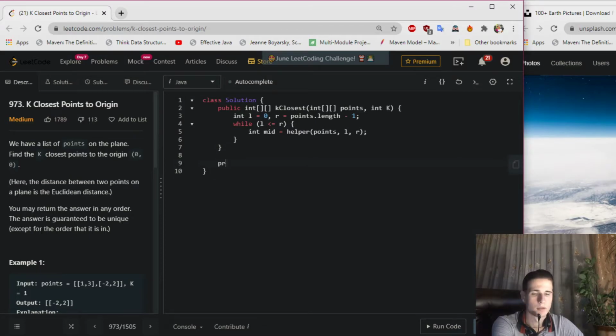We can say private int helper, int points, and int left pointer and int right pointer respectively. Finally, just return, we return something, right? So right here